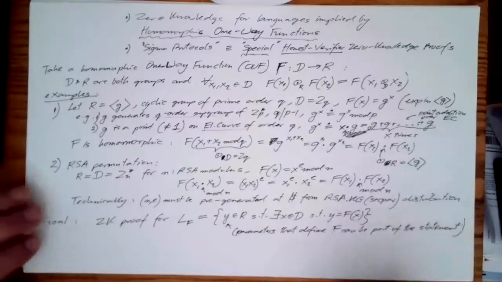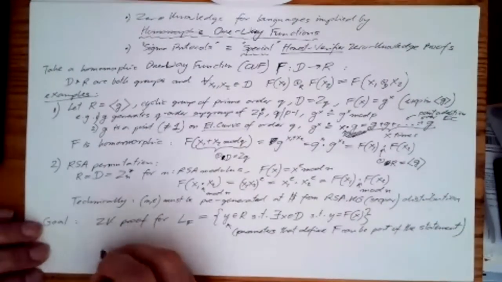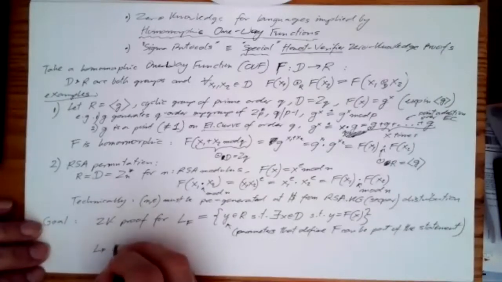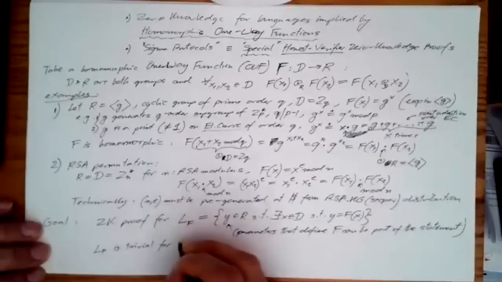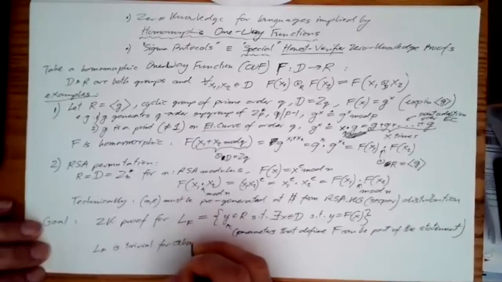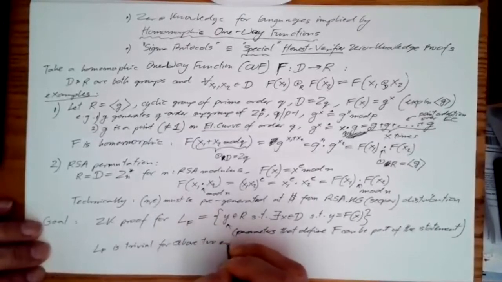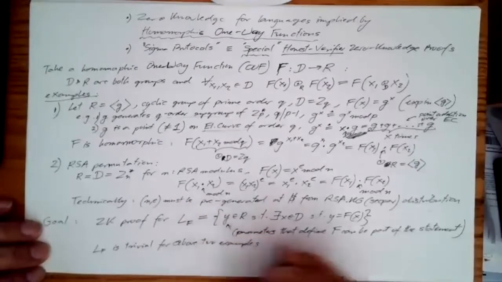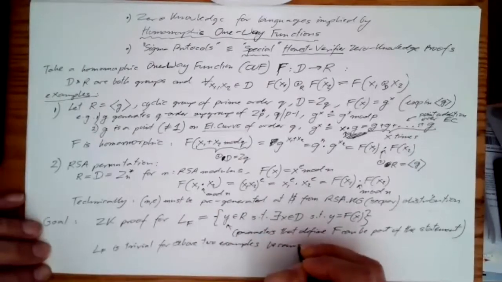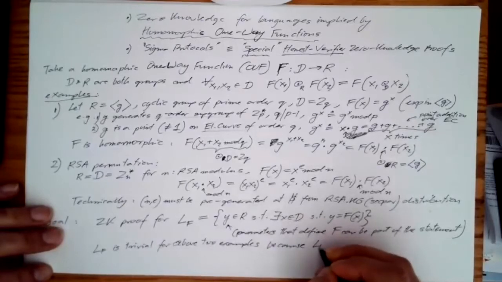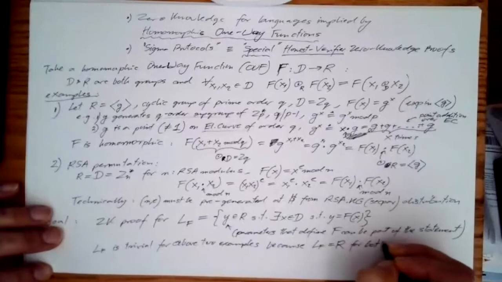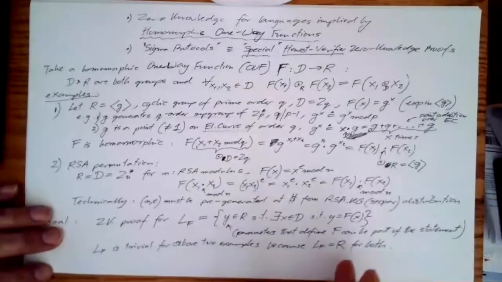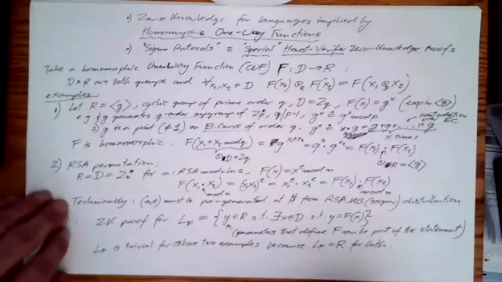But L_f is trivial for the above two examples. It's trivial because L_f is simply the range for both. So decision is immediate. You're getting an argument and you say it is in the language